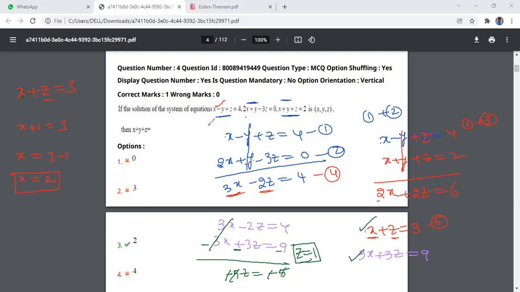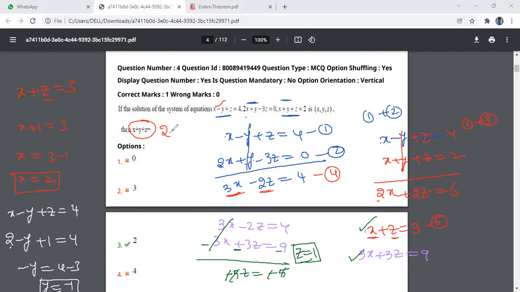So I am taking this first equation, x minus y plus z is equal to 4. I know the value of x, I don't know the value of y, I know the value of z. So 2 plus 1, 3, if it goes that side, it will become 4 minus 3. So y is equal to minus 1. But they are asking the sum of x, y, z. So x is equal to, we got 2, y is equal to, we got minus 1, z is equal to, we got plus 1. So this and this cancel, answer is 2.